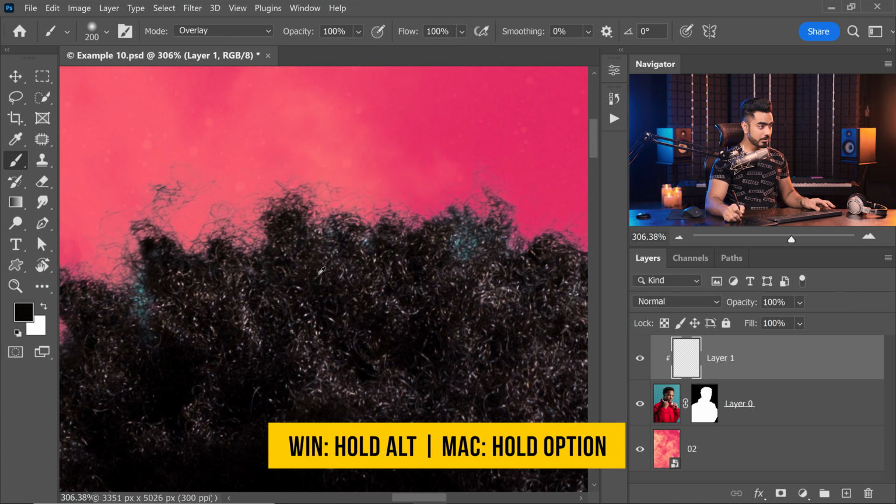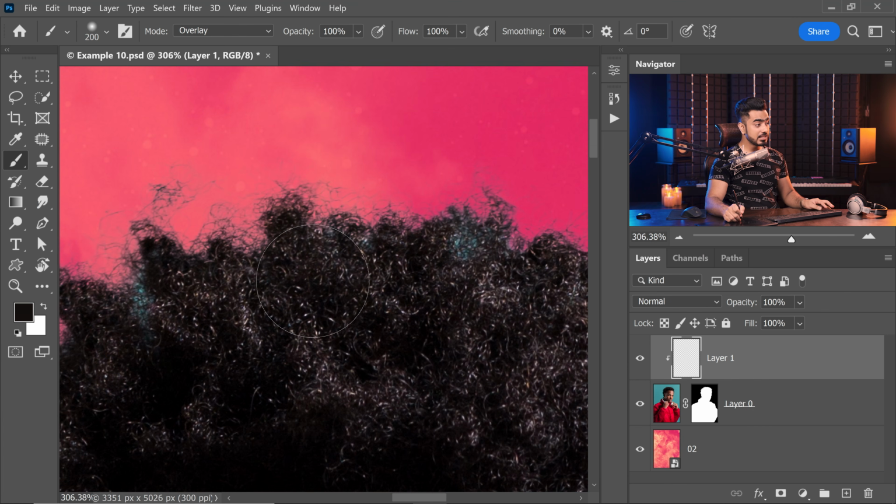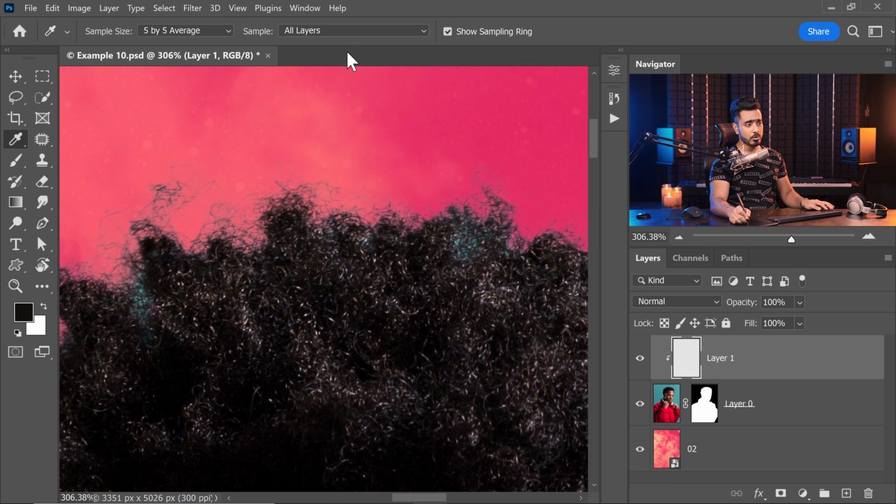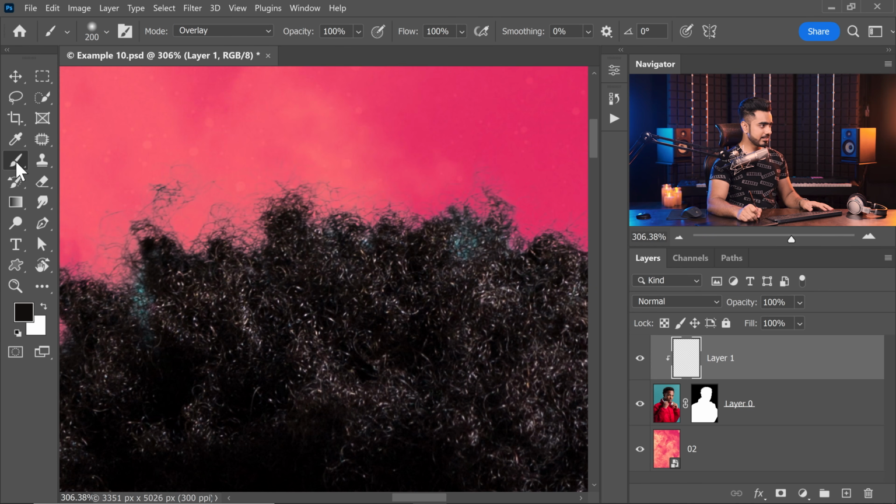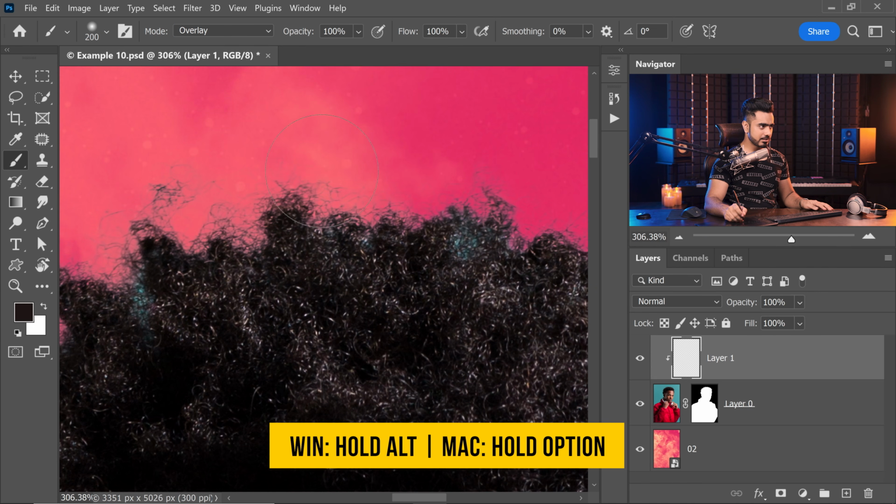So let's zoom in, hold the Alt key or the Option key, click to take a sample. If you cannot take a sample, let's go to the eyedropper. Make sure sample all layers or current and below is selected. Sample size can be 3x3 or 5x5. Let's not choose point sample, otherwise it can sample a grain or a color that you didn't want. 5x5 average is fine. Take the brush, hold the Alt key or the Option key, click to take a sample,